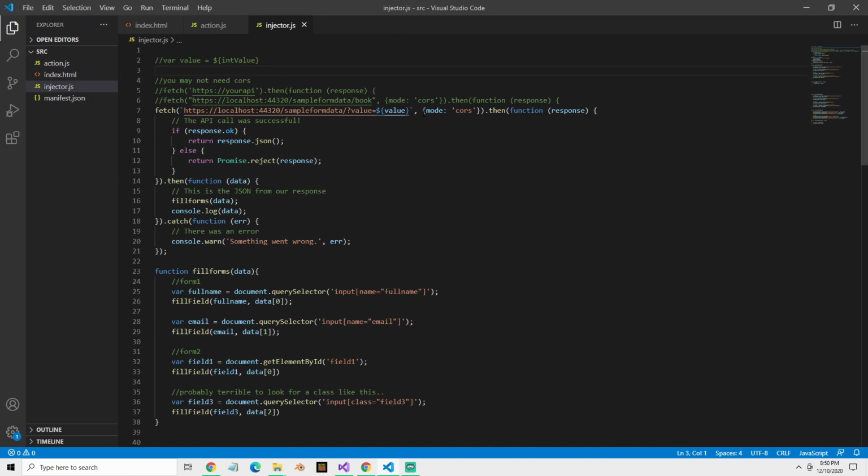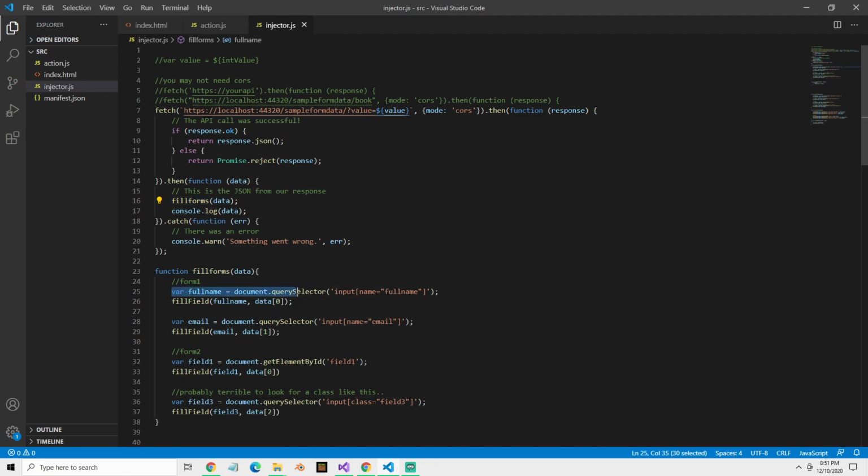So then I'm doing some things with CORS just because my website requires it. You may or may not need to do that. I have an example here of what it would look like without CORS, but none of that really matters. And so basically, if our response is good, we return our response as a JSON object. Else we're just going to reject it and throw a console warning here. Otherwise, we're going to log this, and we're also going to fill out the form. So the way that we're filling out the form is we're taking that data from our JSON response,